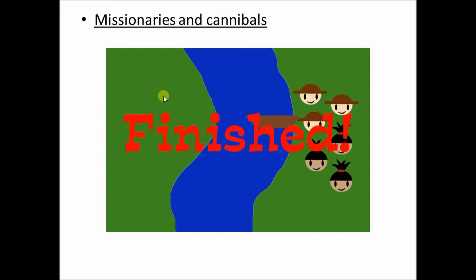They are going to eat the missionaries and the game is over. So while playing this game you have to follow these rules, and the main constraint is that at no point of time, on any side of the bank, should the number of missionaries go below the number of cannibals. So this is the game.